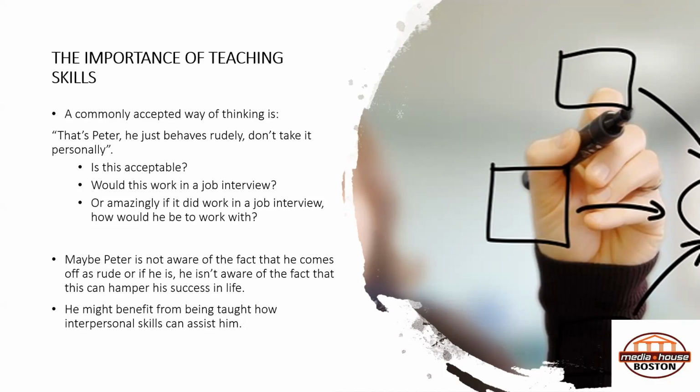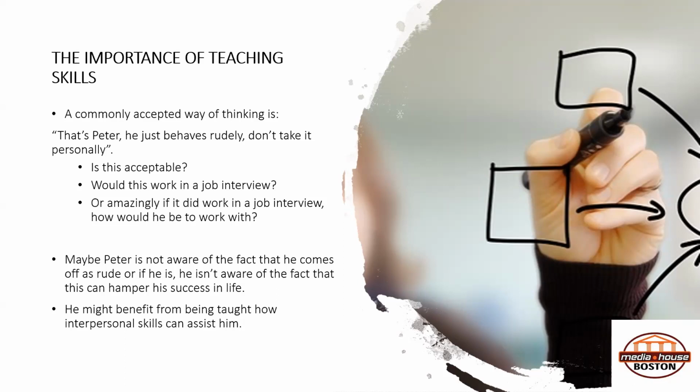We lack in that area and we need to ultimately build on that and improve on that. So maybe we should know that Peter is maybe not aware of the fact that he is rude, or the fact that his rudeness is hampering his success. So therefore, it is important that we create awareness around the fact that we are lacking in